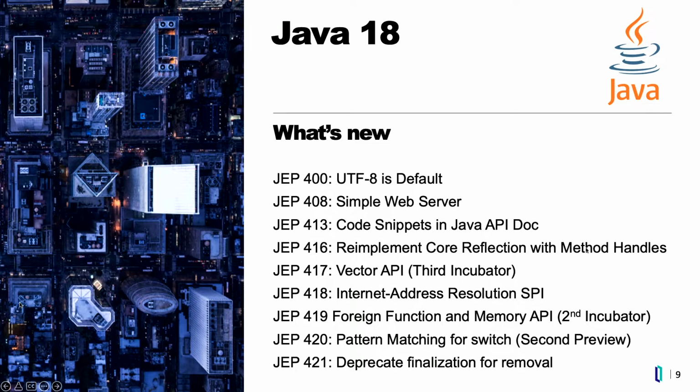JEP 400 is really interesting, right? So the default when you start up a JVM now is that they're setting the charset to UTF-8. Before, it was the default charset from the environment. So that's something you have to be aware of, right? When you start off a JVM now, that means if you're expecting to use Latin 1, then you better set the JVM to use Latin 1 and start to rework your application so that you work on UTF-8 if you can. So that's something you have to be aware of.